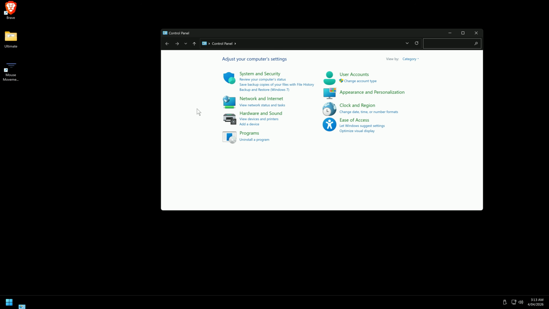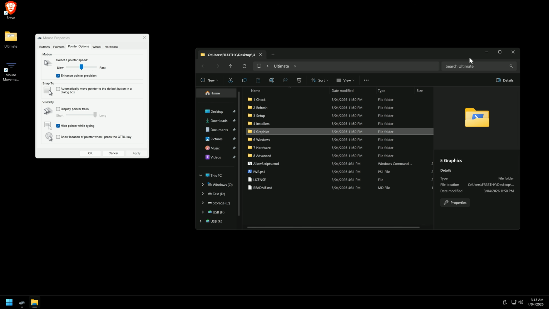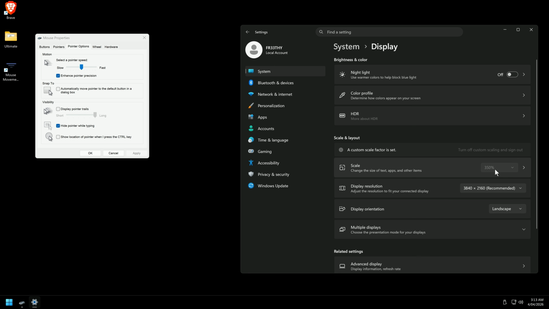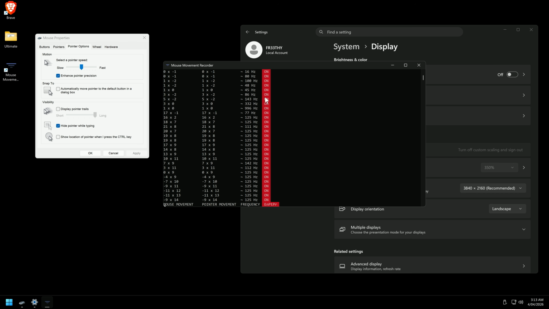So I will show you the mouse tab real quick. Where are we? Our enhanced pointer precision is on. The script turned it on, and I'll open up this scaling. Now the way it works is it actually uses the legacy scaling. So this will be a lie. Ignore this. If you go in here, you see it set at 200. Okay. I'll open Mouse Movement Recorder, and enhanced pointer precision is on, and we have no desktop mouse acceleration,